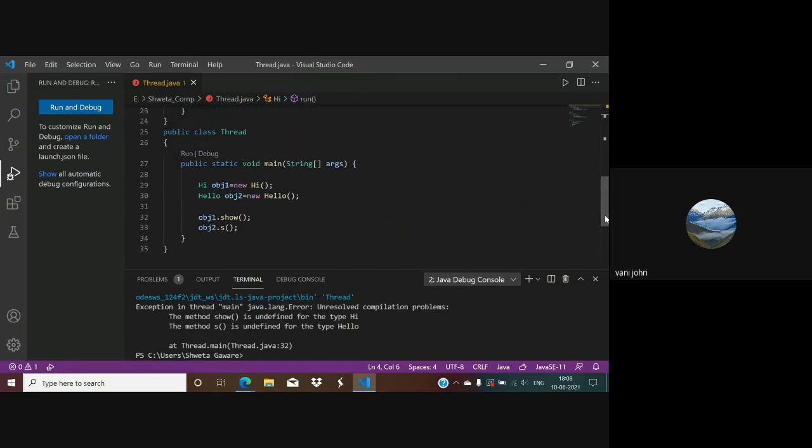Oh, yes, see, you have a main. I was talking about main. I thought you had not written main, because it was not at the top. That's what I was saying. You don't have obj1.show, it's obj1.start, right? obj1.start and obj2.start, even the other one. Yes. Now run it.